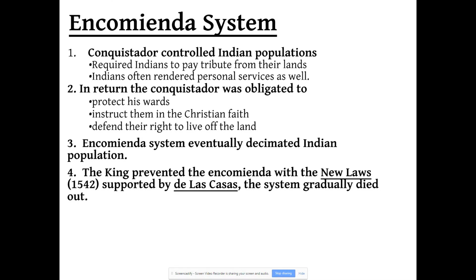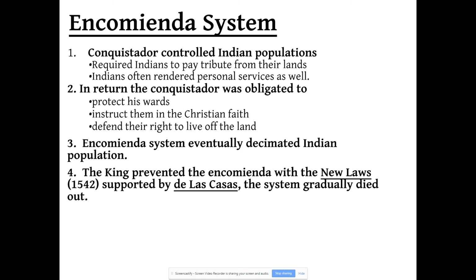During the missionary phase, the encomienda system was put into place under the Spanish rule. Conquistadors would force native people to work on their lands doing manual labor for little to no payment. It's a system that's often thought of as similar to slavery. It's not quite the same because native peoples were allowed to go home at night, but they were treated very